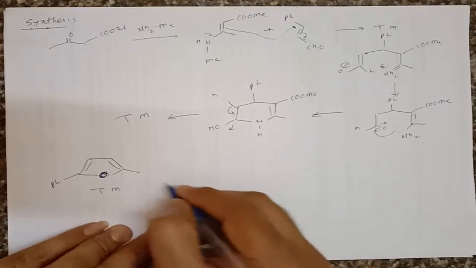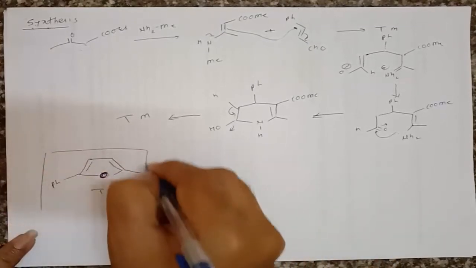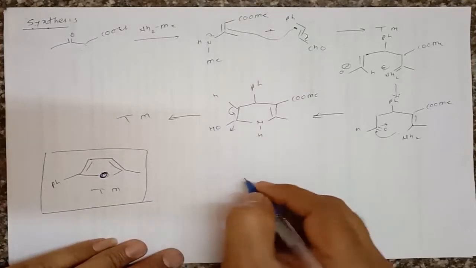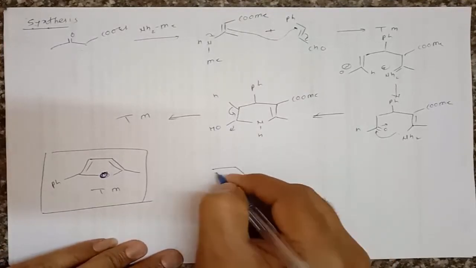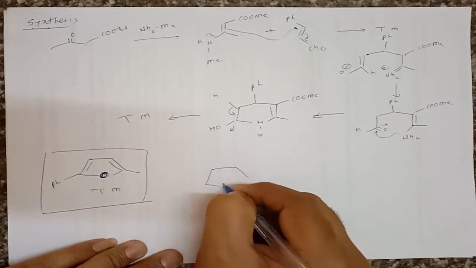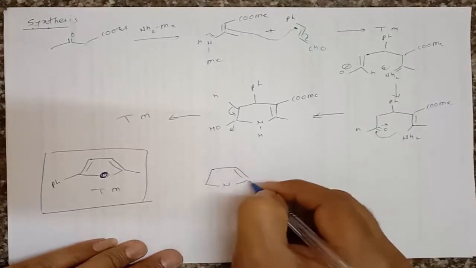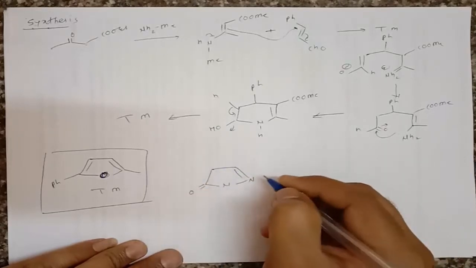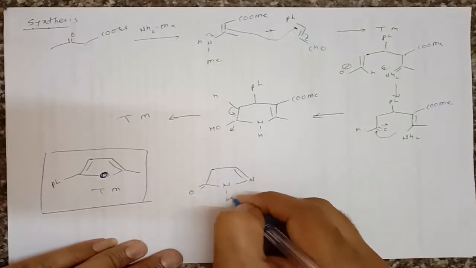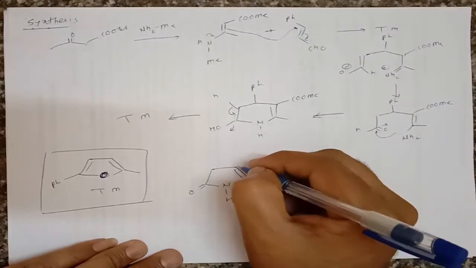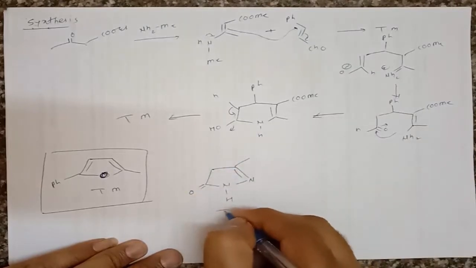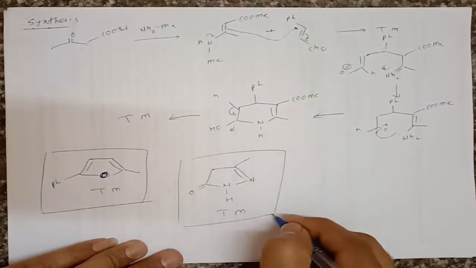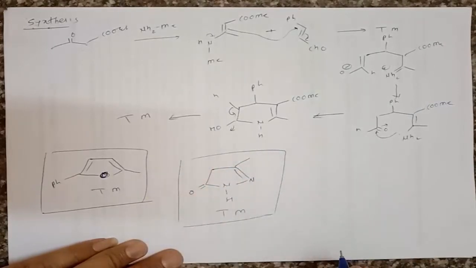And again one more example here, that is you have to try the synthesis of this molecule. Double bond here, here is nitrogen, and here is a carbon oxygen double bond, and here is hydrogen. Here is again one methyl group. So this is one more target molecule. We have to try the synthesis of this target molecule by using the same synthesis method.